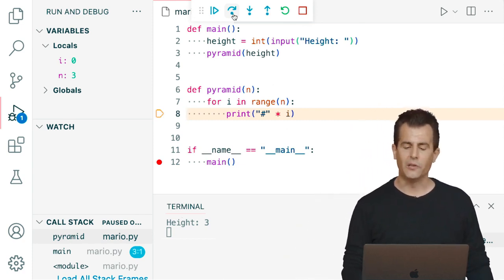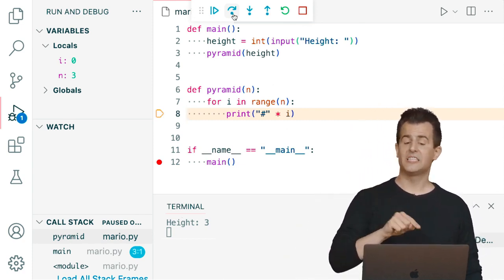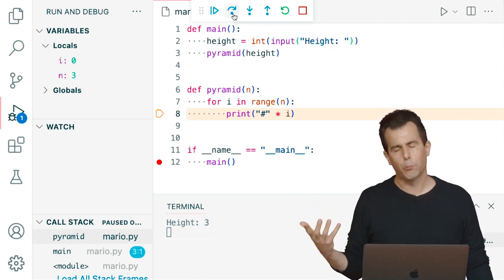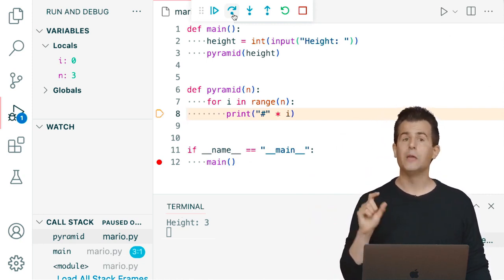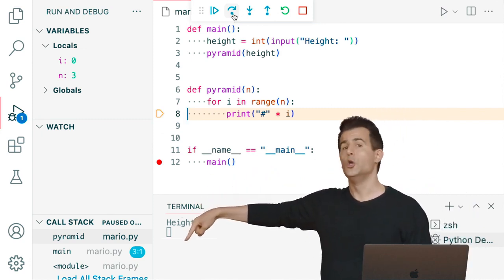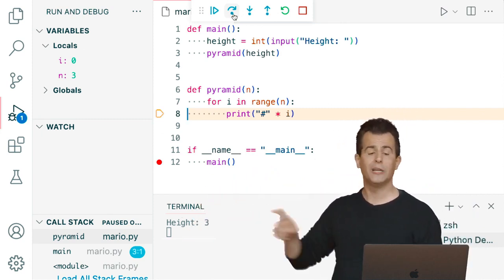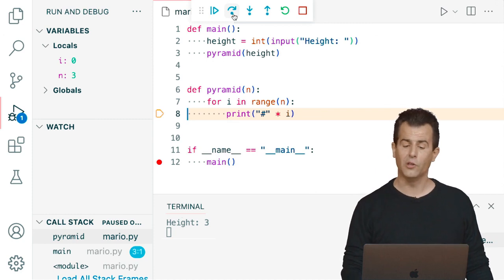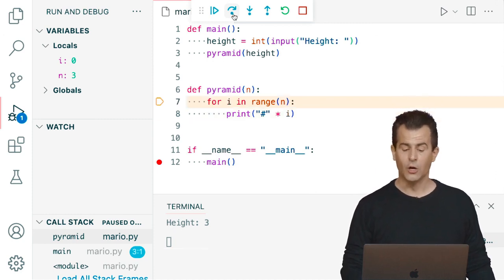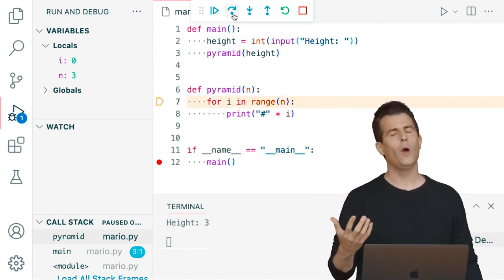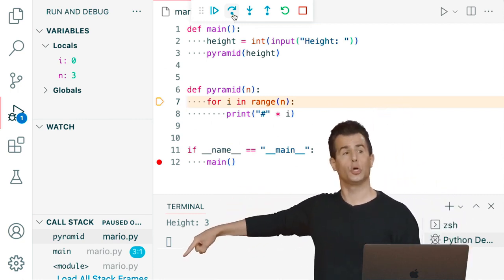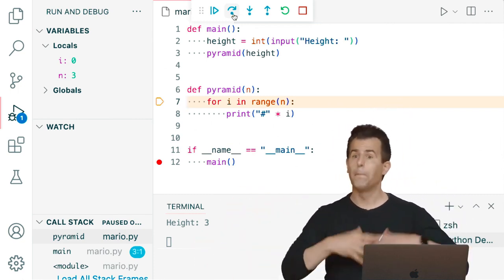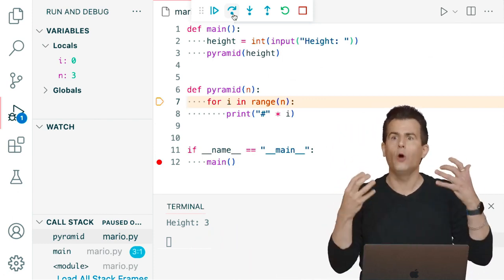And what am I about to do on line 8? Well, in a moment, I'm going to click step over again, because I'm going to trust that print is correct, so I don't need to step into print. But watch what happens now in my terminal window down here. No pyramid, no bricks have been printed, but as soon as I step over line 8, thereby executing it, we see the first of my, wait a minute, I'm not seeing an actual brick. If you notice, the cursor did move down, and effectively a blank line was printed,